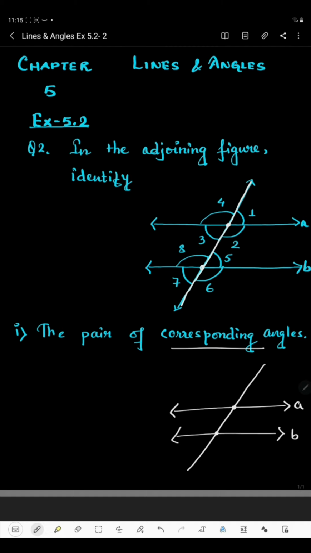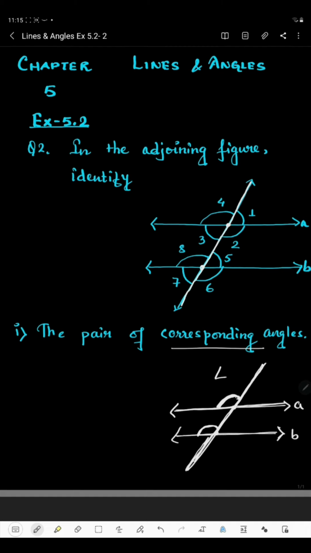Then the pair of corresponding angles will be like this: if I take the left side of the transversal, and the left side is this, the same side and same position means this angle is on the upper part of parallel line A, and another angle will be again on the upper part of parallel